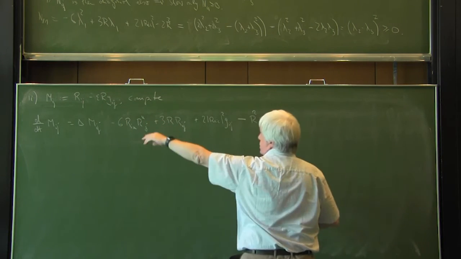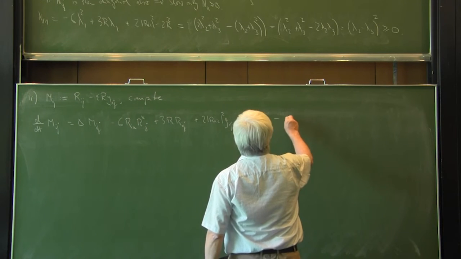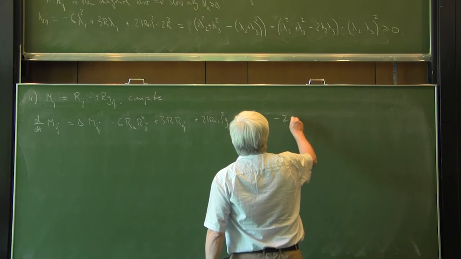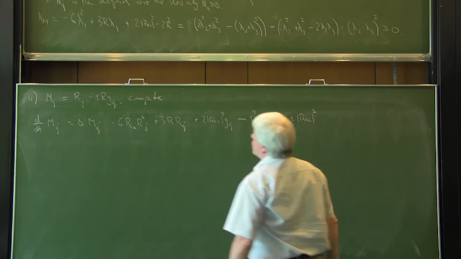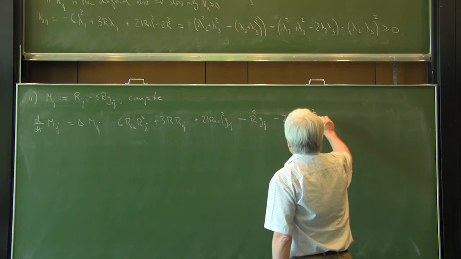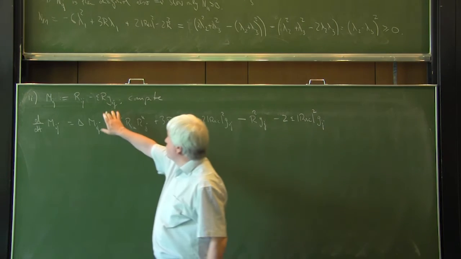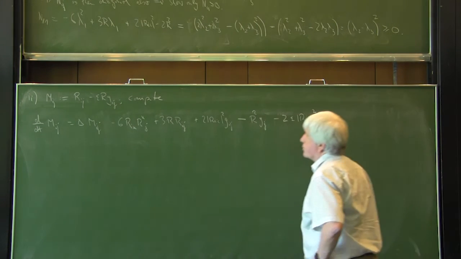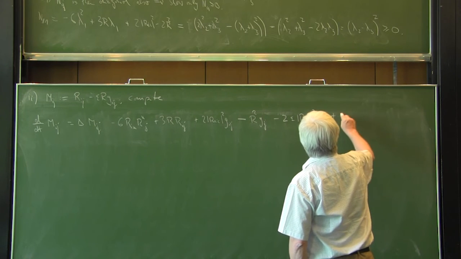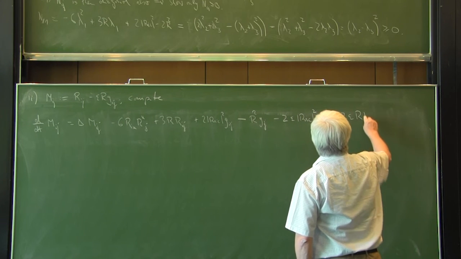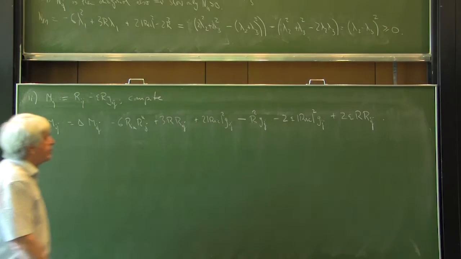This is the evolution coming from here, and then from the evolution of the scalar curvature we get the Laplacian, so this fits in here, but then we get minus 2 epsilon times Ricci squared times Gij, and then don't forget the evolution equation of Gij, which is just our original Ricci flow, so we get 2 epsilon r times r. Okay, that's the right hand side.